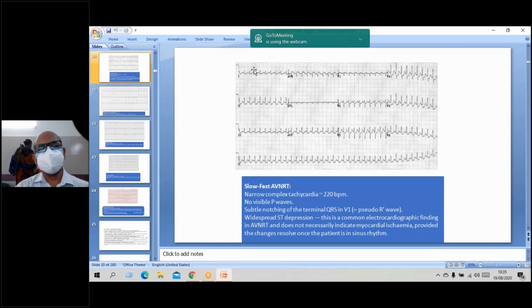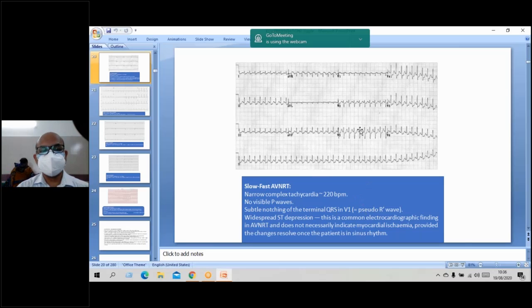So, number one, absence of P wave, which is masked by the QRS complex. Number two, RR interval is regular. Number three, heart rate is more than 200. Number four, no irregular RR interval. So the criteria: narrow complex tachycardia, narrow QRS, no visible P wave,